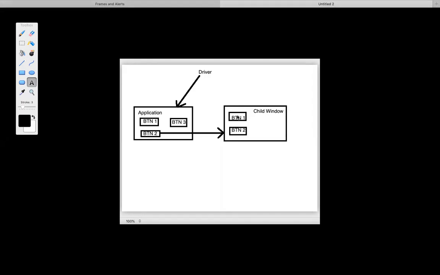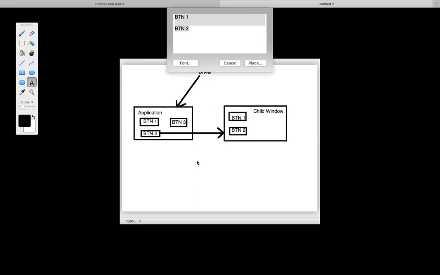You are going straight and you have two shops on the straight, you can access. But if there is a right turn, after taking the right turn, there is a shop, right? If you want to go to that shop, you have to take a right turn. So to access this BTN1, first I have to switch to BTN1 and then I have to perform my operation.